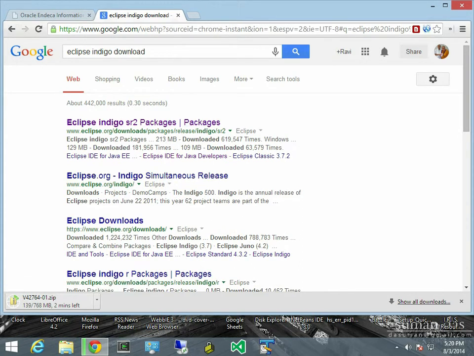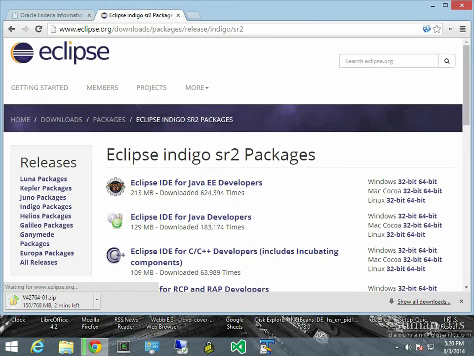So you take Eclipse Indigo, and within that you take Eclipse IDE for Java, not Eclipse IDE for Java EE. If you do that, then it will not install correctly. So I download that,